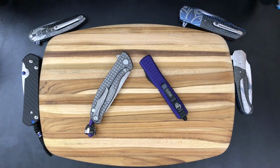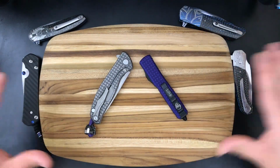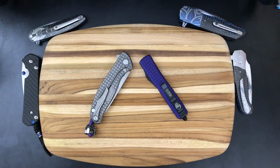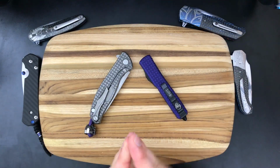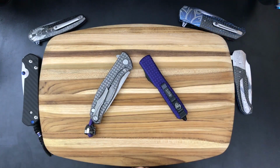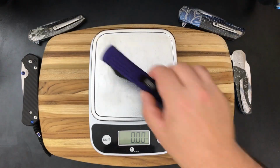Now, before I get too deep into explaining what exactly I'm doing here with this video and why these knives are being paired together, let's just go ahead and jump into some of the statistics and get the weight and size comparison going for both of these knives, just so you guys get a quick idea of what we're working with here. Alright, so we will go ahead and start with the weight, and we will begin with the